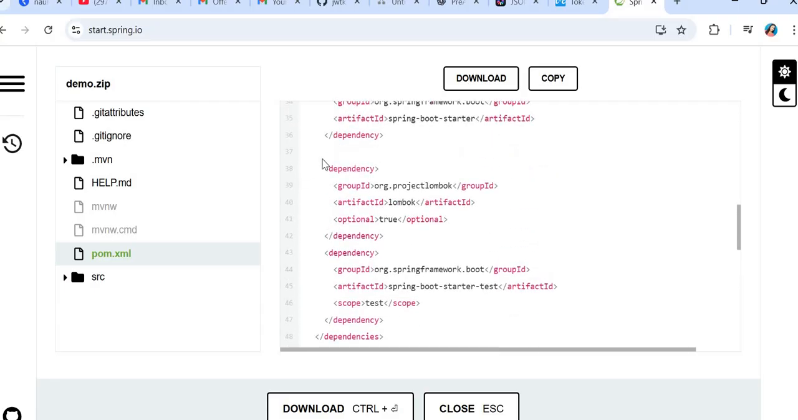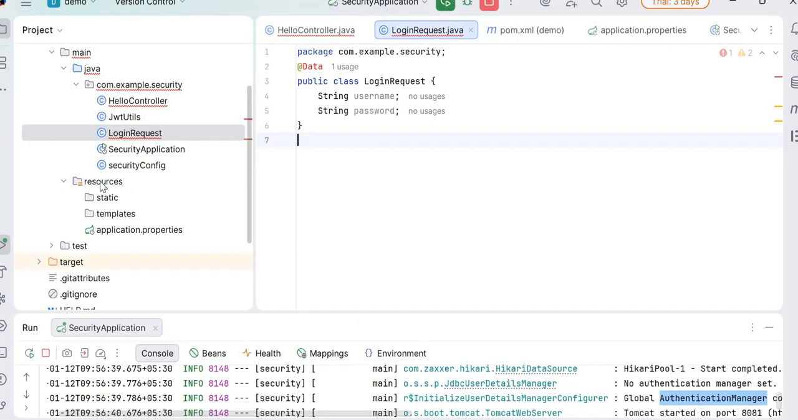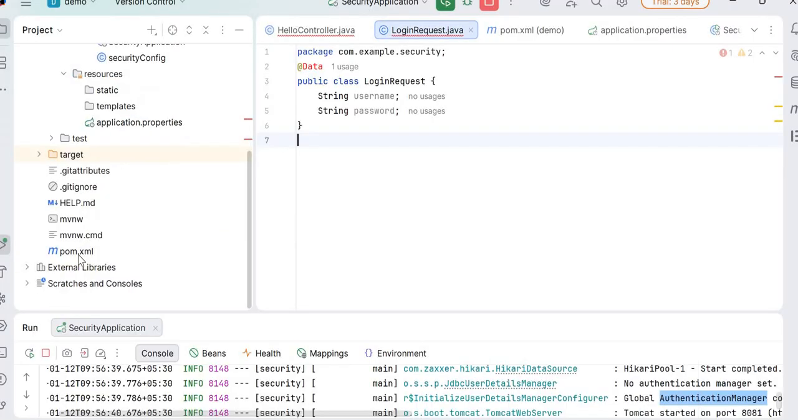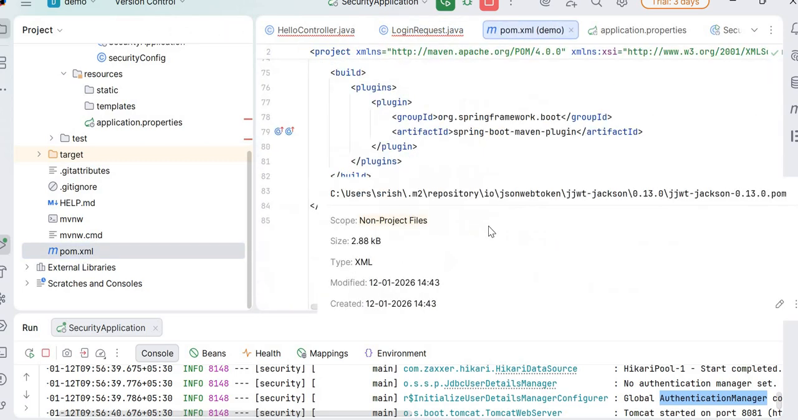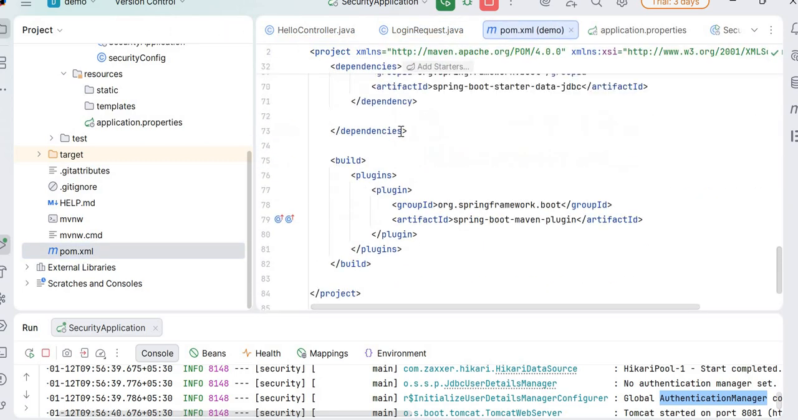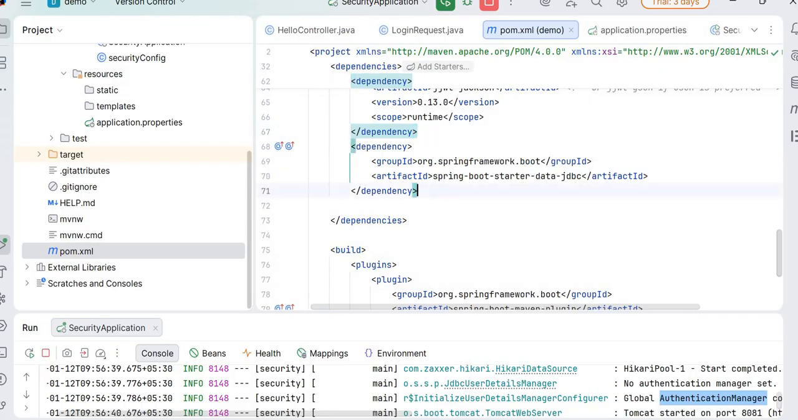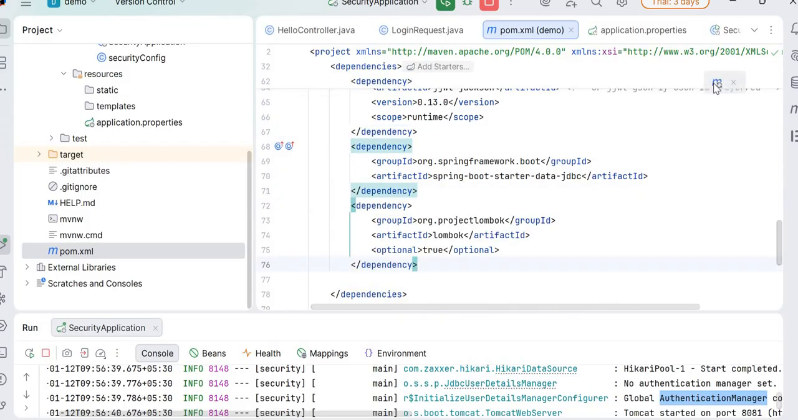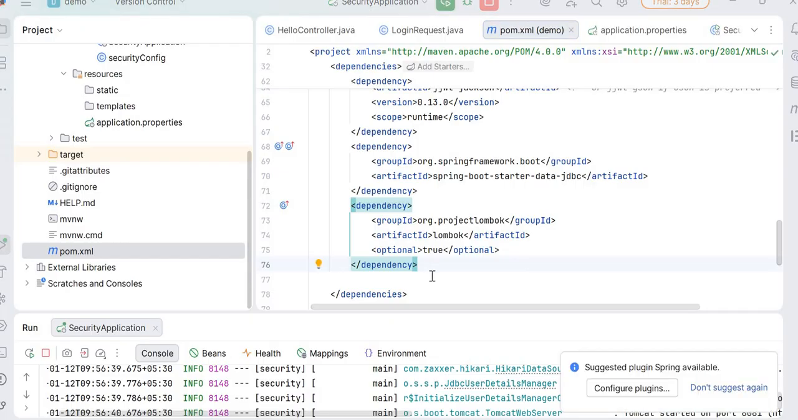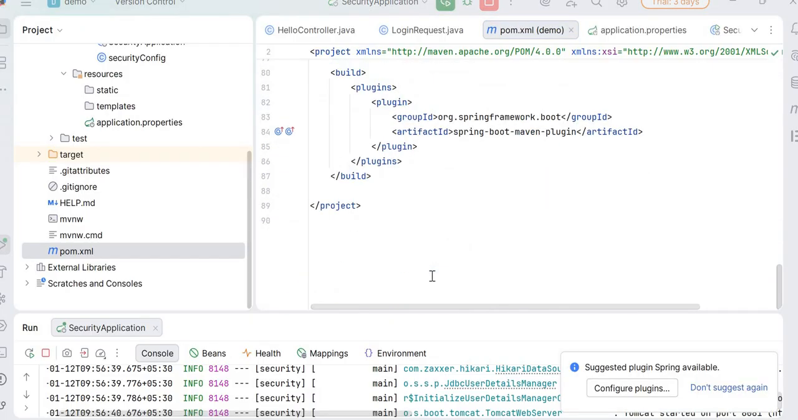Okay, so directly you can take this, copy, go to your project, go in pom.xml, and you can see here nothing, it's there. You just go here, you can add this. Okay, so after adding this annotation, I think we have to add here also, because here if you see,